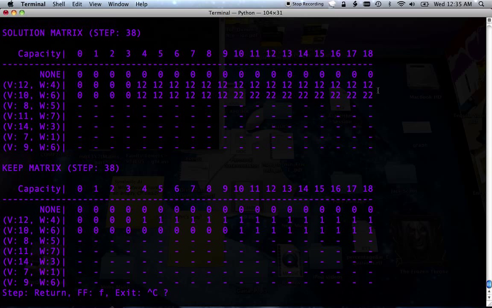Alright, so now we're going to take into account the first 3 items. Capacity of 0, well, we get 0. Capacity of 1, still 0, we can't fit anything in. And this first check is failing every time because we can't fit this item in on its own, so we're just taking the row above. Up to on 4, we still can't fit this guy in, so we're taking this row above. On 5,